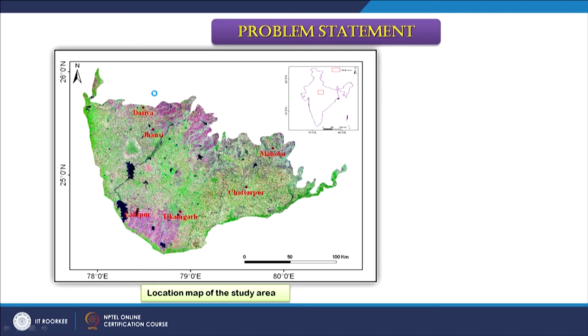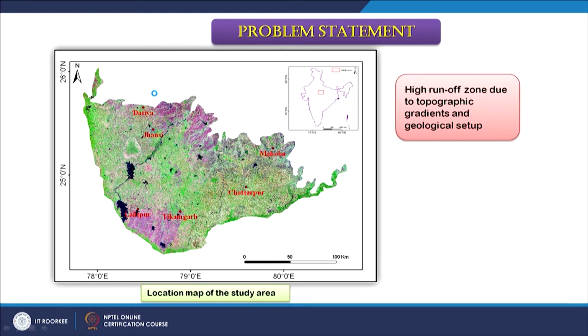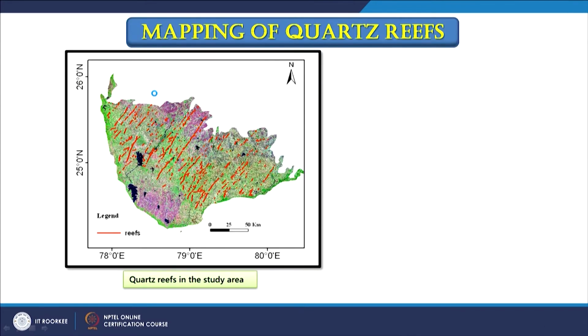Now I will take this Bundelkhand region as a whole, and how with the help of remote sensing and GIS we can do further work on this. So very quickly I will go through this, what we have done: we have analyzed this entire data set of the Bundelkhand region, which is a big region, and then we have identified those quartz reefs which are running in a northeast-southwest direction, and there are many quartz reefs, and some of them are running for hundreds of kilometers. As you can see, this is a 50 kilometer scale, so these quartz reefs are running for very long distances. Part of them is exposed on the surface, which can be mapped easily through satellite images.